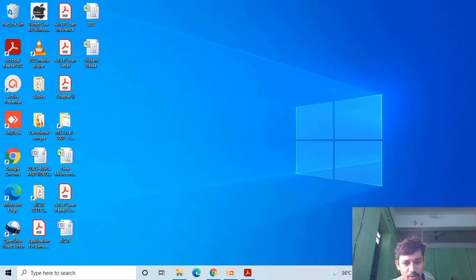To do the calculations very fast in MS Excel, above 300 functions are available. By using these functions, we can do the calculations quickly and effectively.